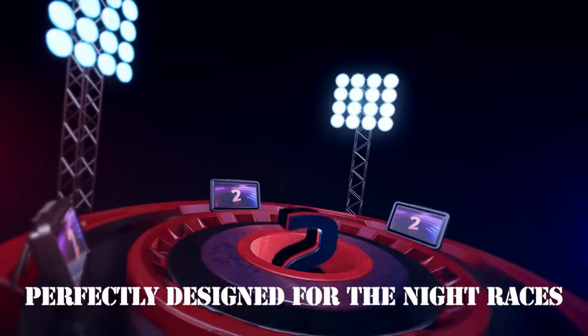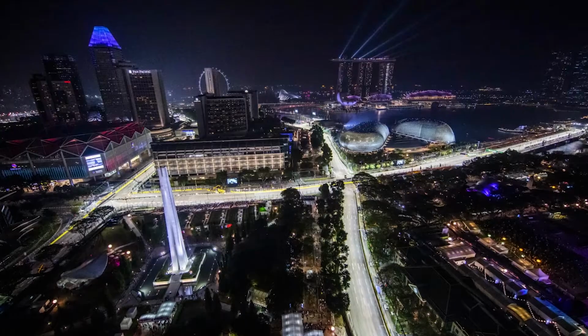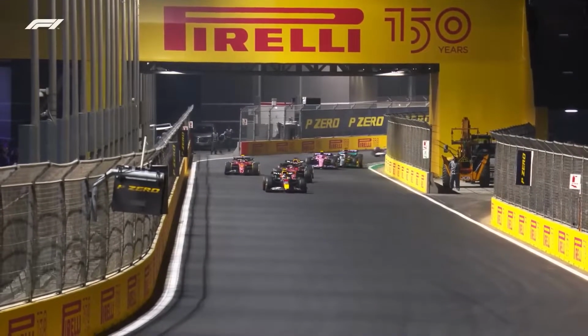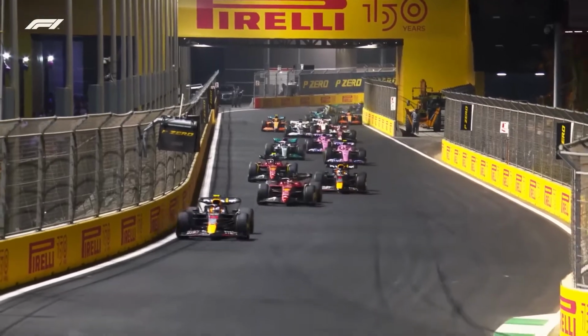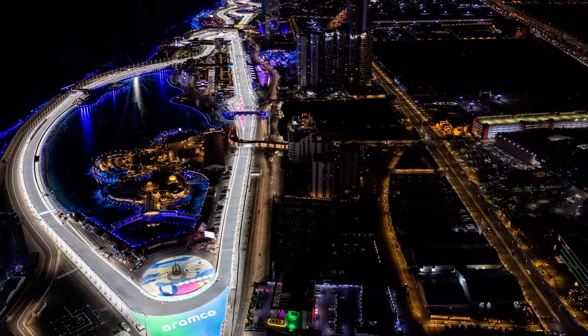2. Perfectly designed for the night races. F1 racing at night has added some jazz to the competition. While the very first F1 nighttime event was held in the Marina Bay Street Circuit in 2008, Jeddah Corniche Circuit has perfected the art. It's a captivating and visually spectacular element of Formula One by being specifically designed to host